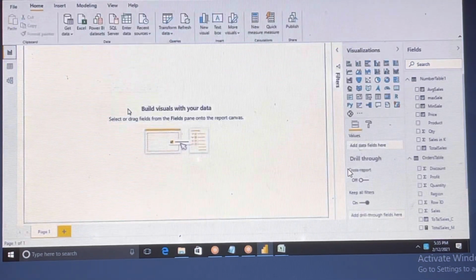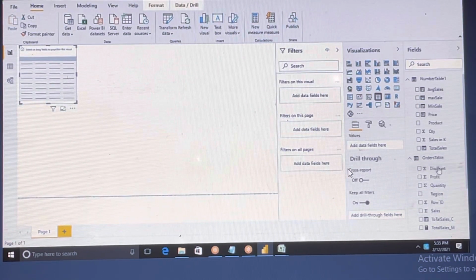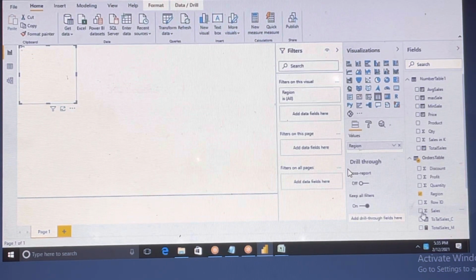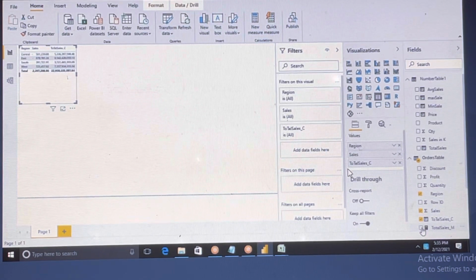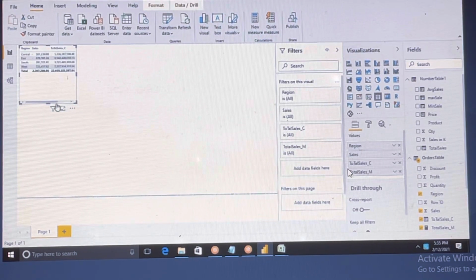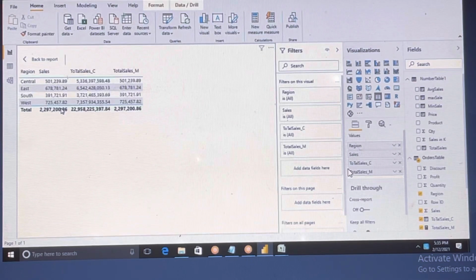Yeah, click on this view. Let me bring the table visualization. Okay, so I will select the order table. Let me select region and sales and total sales C, the new column, and the new measure. Okay, for now I'm just using this focus mode.